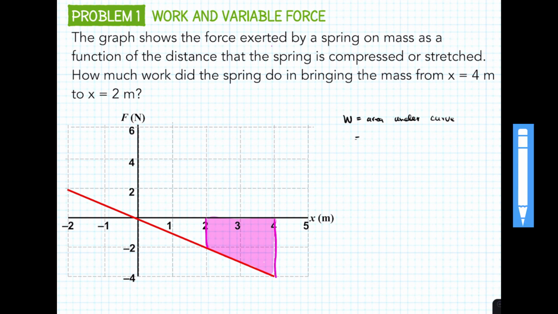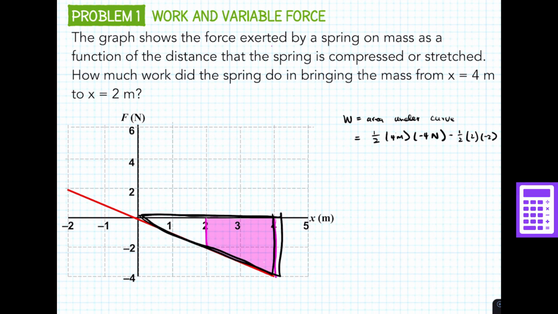So we'll just do the triangle method. So that's 1/2, right? So that would be this triangle, right? That's 1/2 times 4 times 4. So that's 4 meters times -4 newtons. And then we subtract off 1/2 times 2 times -2. Okay, 2 meters, 2 newtons. So once we set all this up, this gives us -6 joules,